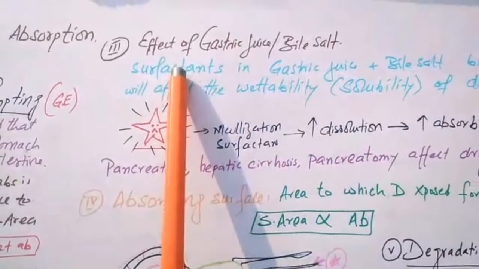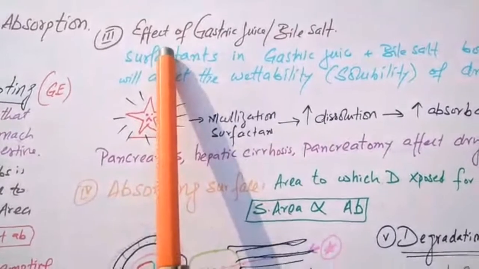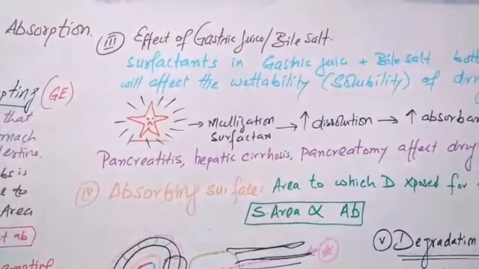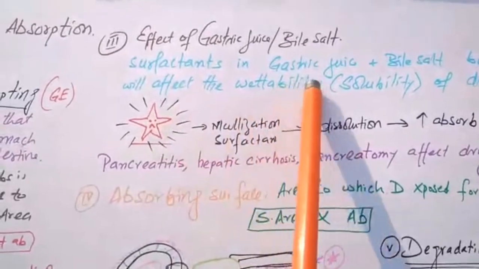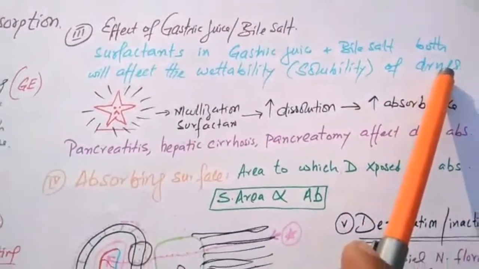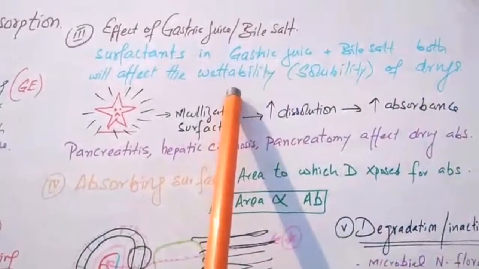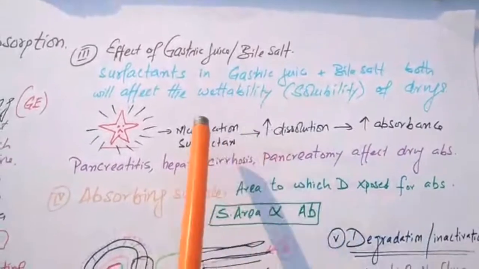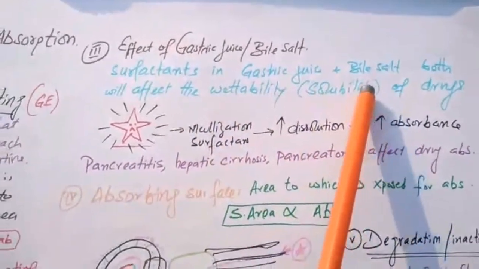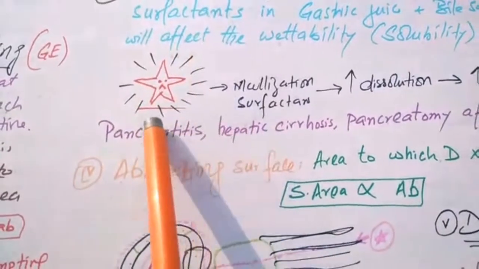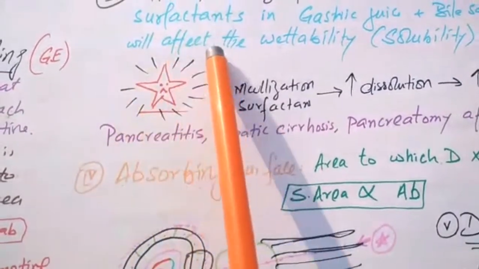The next physiological condition is the effect of gastric juice or bile salt. Surfactants in gastric juice or bile salt both will affect the wettability and solubility of the drug. These juices and bile salt act as a surfactant, an emulsifying agent,